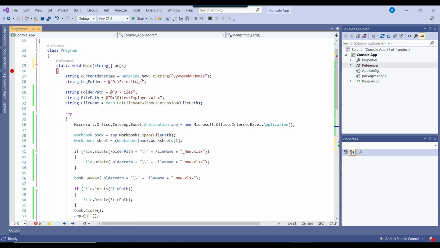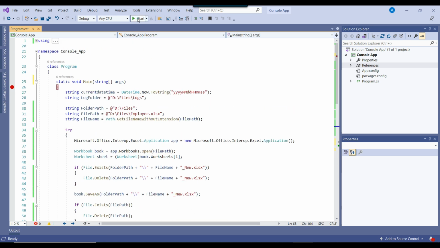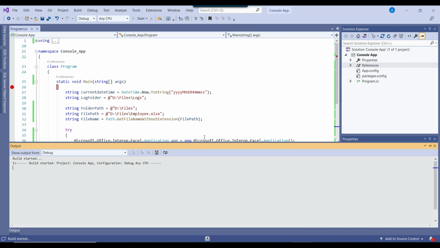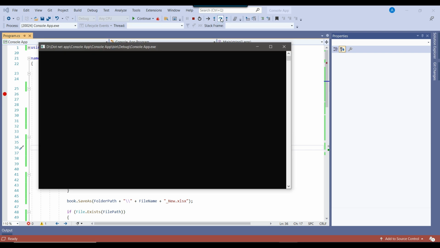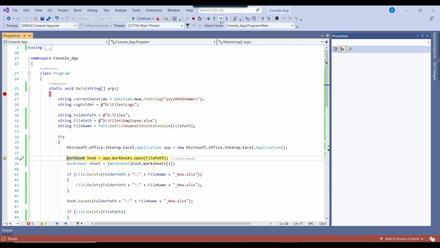So let me execute this process. I can debug it and show you how it runs line by line, but you can also remove the breakpoint and execute it. I can press F10 from here, and now we are just declaring all the variables. Now at this line number 36, it's creating an instance of the Excel application.